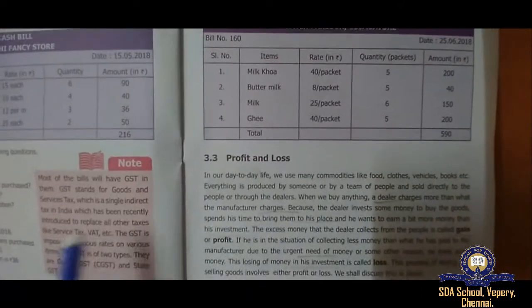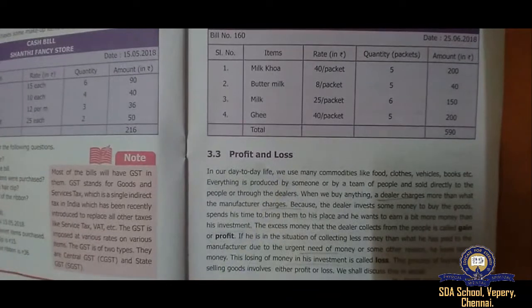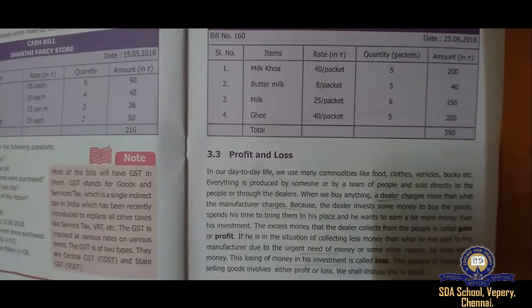After bill we have the profit and loss section. What is meant by profit actually? Profit means, for example, we used to buy things from the dealer, not from the manufacturer. The dealer will go and invest with the manufacturer and purchase and come back. But they will not give us the same exact amount which they paid to the manufacturer.